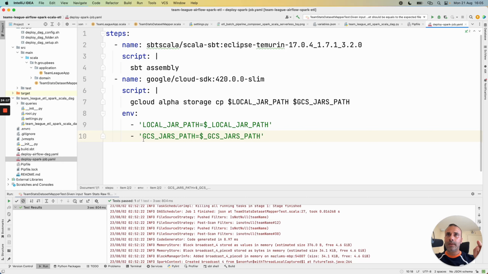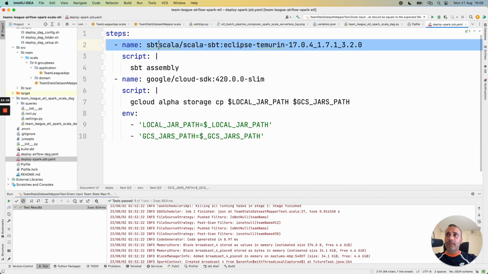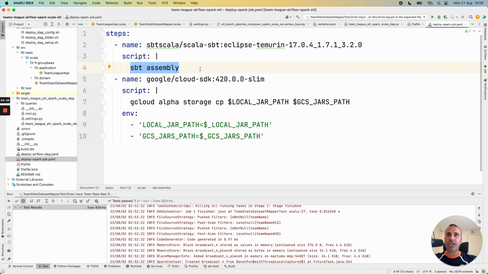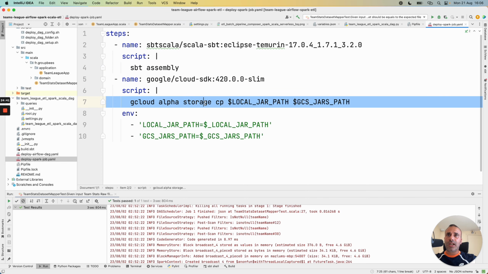That's why I will not launch this Cloud Build job in this video, but I explain again this concept. We have a Docker image from Scala SBT, and with SBT assembly we generate a fat jar. Then we have a second step with Cloud Build, and with this command line gcloud alpha storage cp, we can deploy the fat jar to the expected cloud storage bucket.